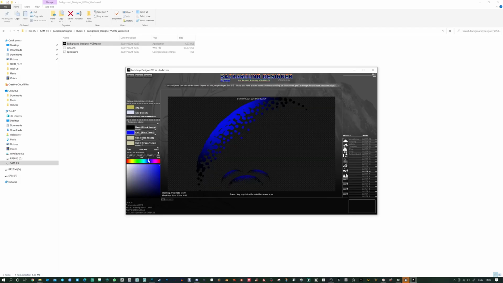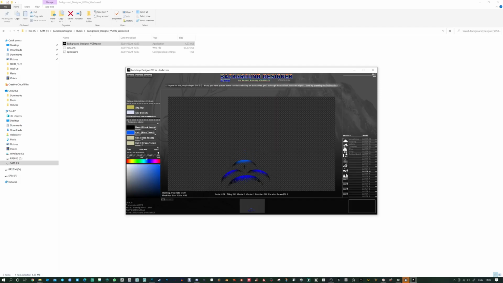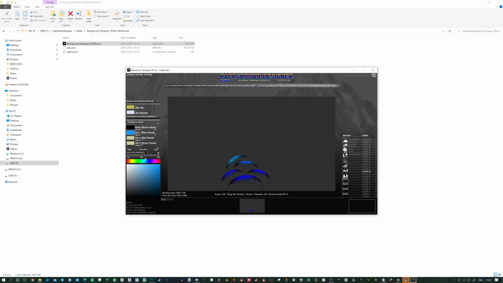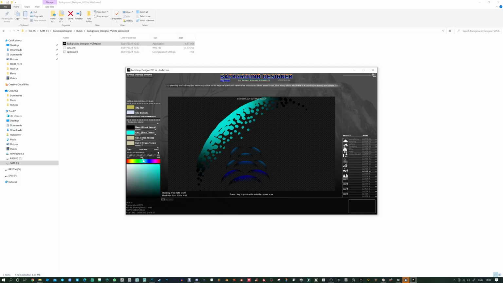So I'm going to go towards green, and you'll see how this is useful later. I can kind of make a gradient or something, right? And then a little bit more towards green. I'll make some more, scale it down. I'm using E and R to rotate. Okay, I'm going to shift even more towards green,